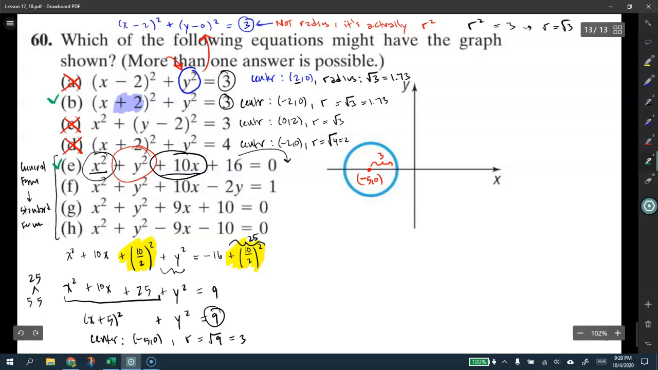Now, because of the length of this video, I will not do F, G, and H, but basically, you spend your time completing the square in F, G, and H to match it up with which one might be the